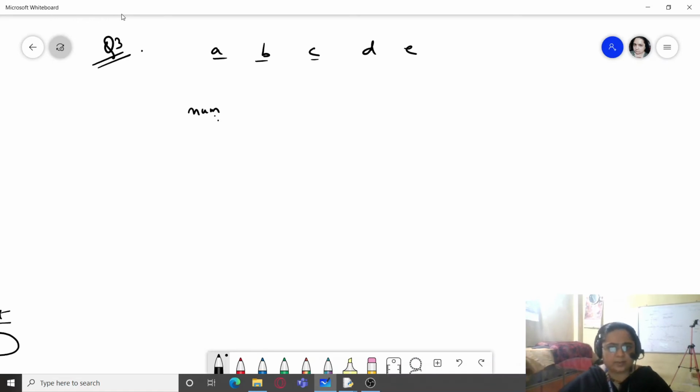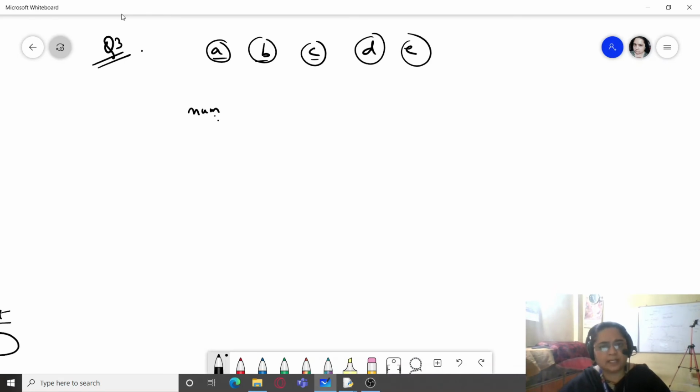So it means that num should be divisible by any of these values. Okay, num has to be checked for divisibility by any of these values, and those which satisfy the condition will be considered as the multiple of this number.